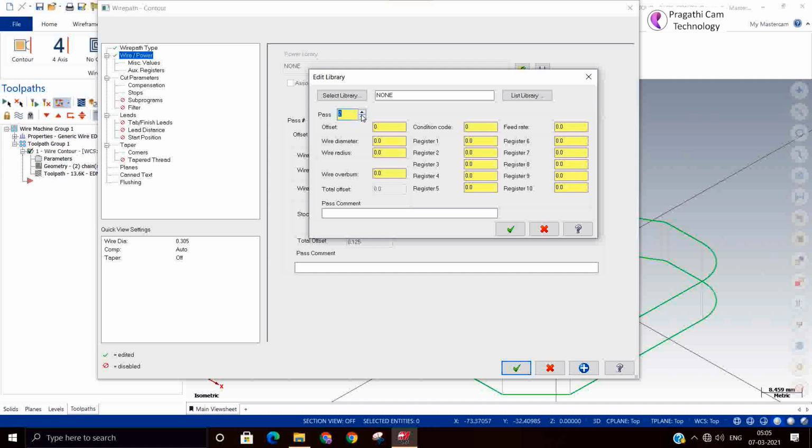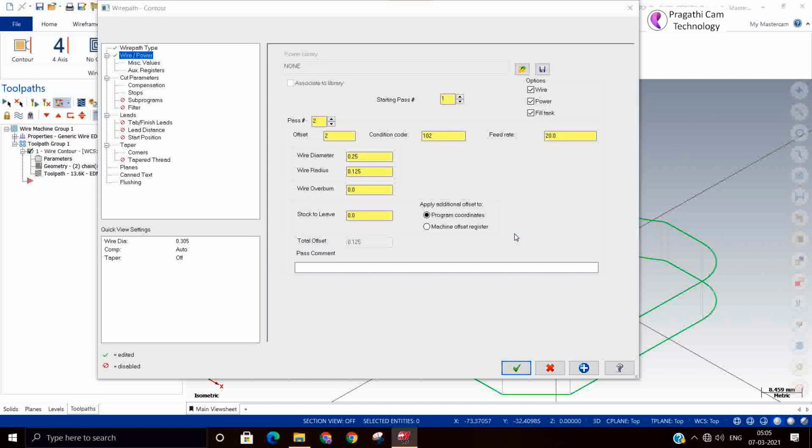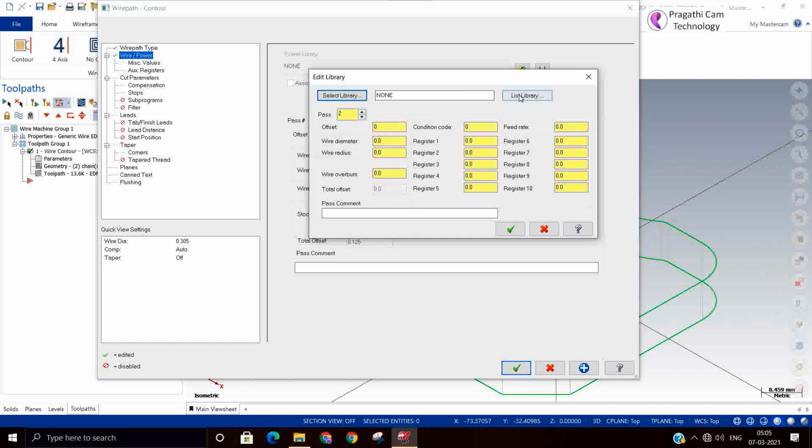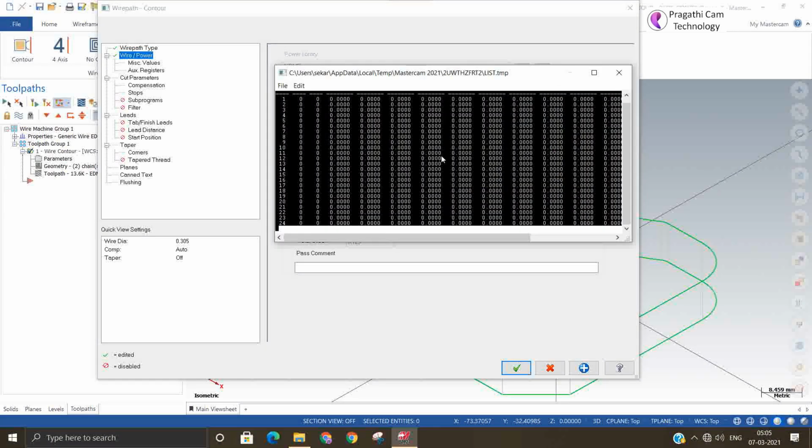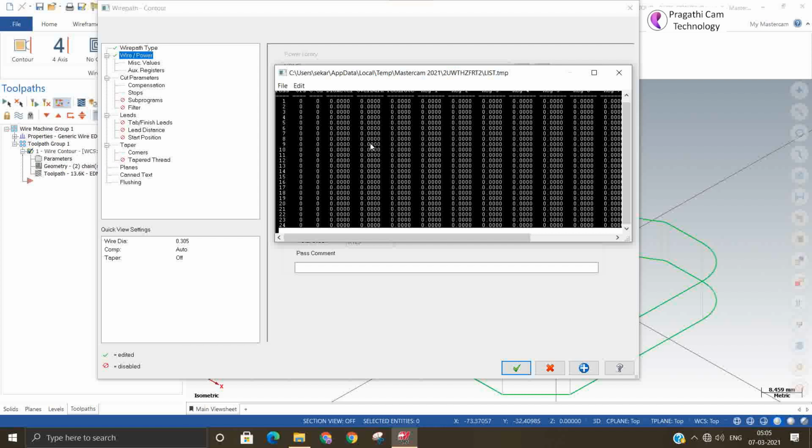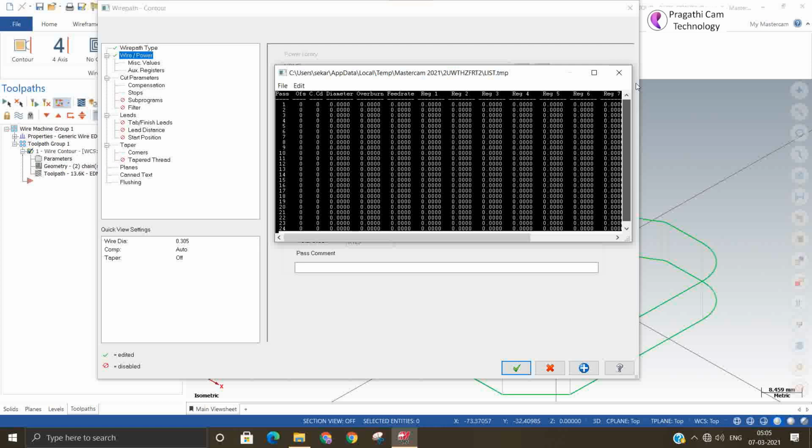You can customize for 24 passes. So if you make and keep it one time, by selecting the pass number, you will get all the other options. You can change the library also. You can see here all 24 passes, how to set this data.